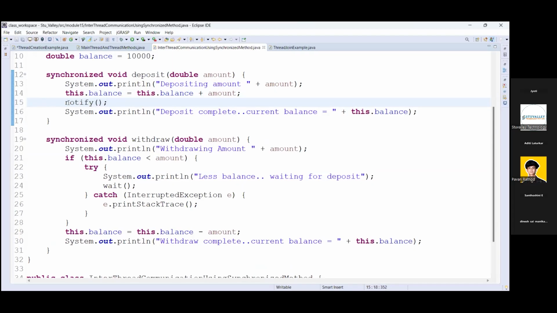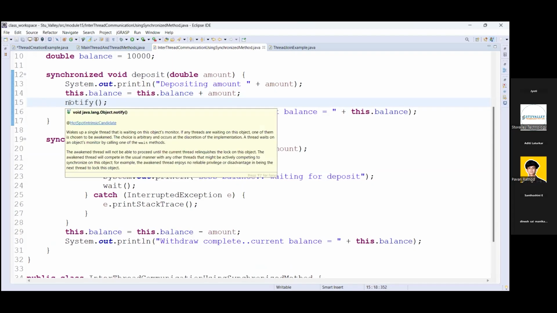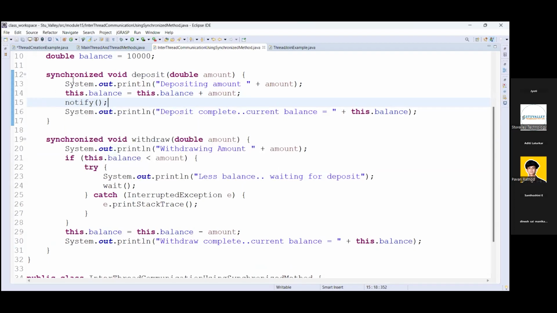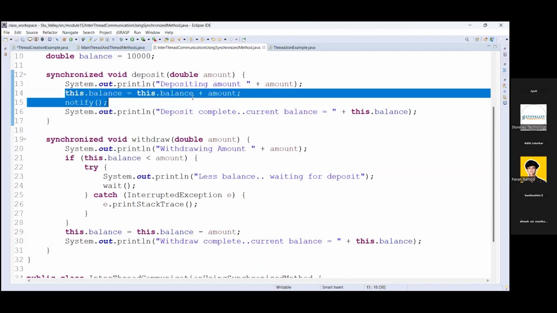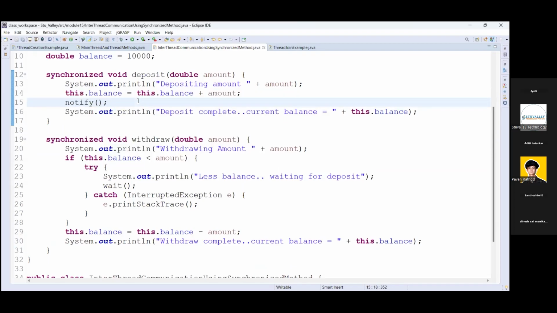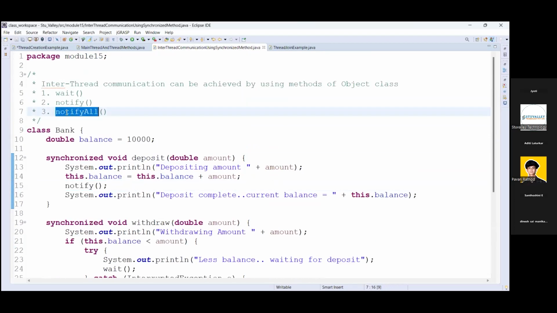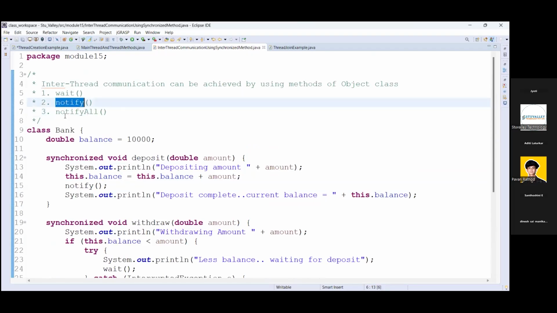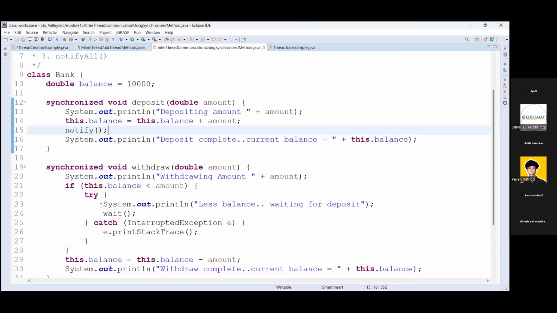Notify is used for notifying the thread which is in the waiting state, waiting for this particular resource. So we are releasing the resource. We have updated the balance. We are releasing the resource. We are notifying it. NotifyAll will notify all the threads which are in the waiting state, and notify is used for notifying the same thing. Both methods you can use anytime.